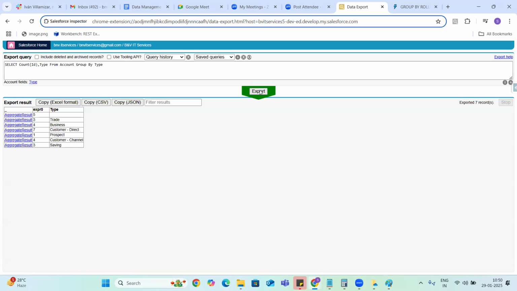Okay. This we call an aggregate query, guys. Aggregate queries are nothing but getting counts or using aggregate functions like count, minimum value, maximum value, and sum. We are doing some operations on the total number of records, and out of it we get different results. That we call an aggregation, and this is one simple example of an aggregate query.